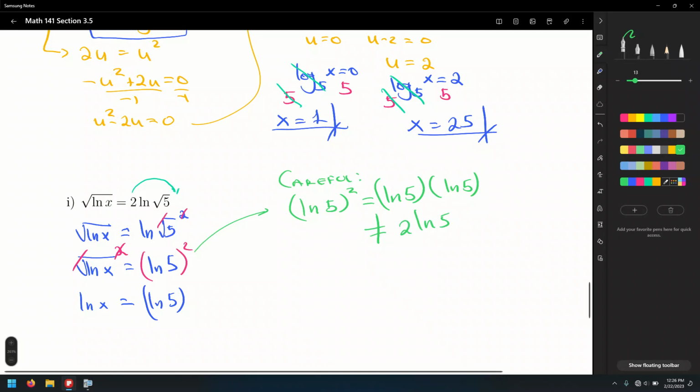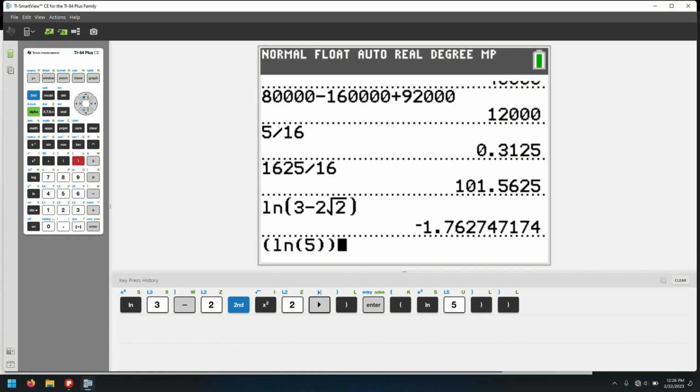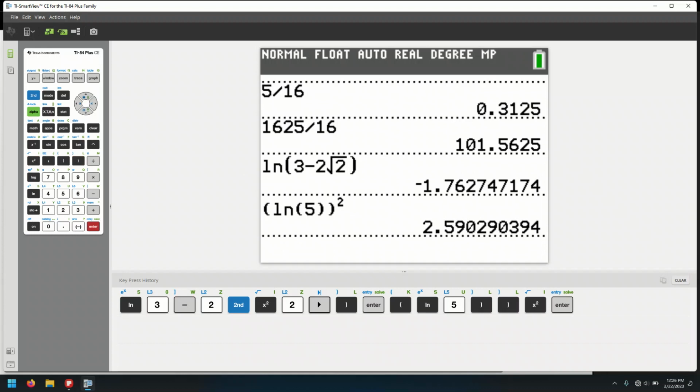Okay, let me go back to the graphing calculator. I'm going to evaluate, parentheses, ln of 5, and then close parentheses again and square this number. So that's 2.5903 if we round to 4 decimal places, as we usually do for exponentials and logarithms. Now, let me write down ln of 5, close parentheses, times ln of 5, close parentheses,